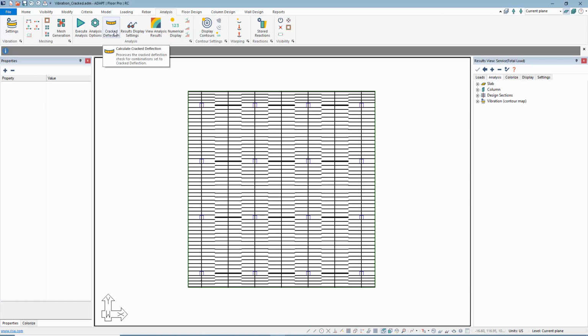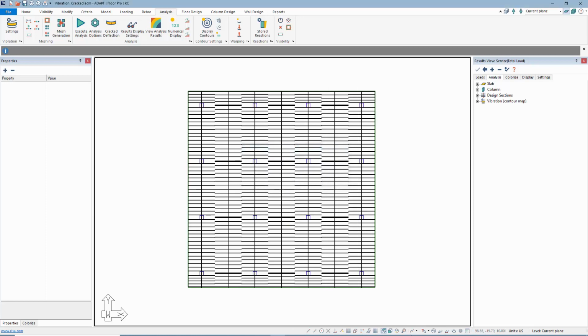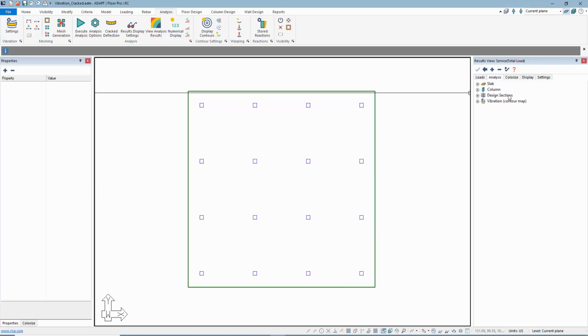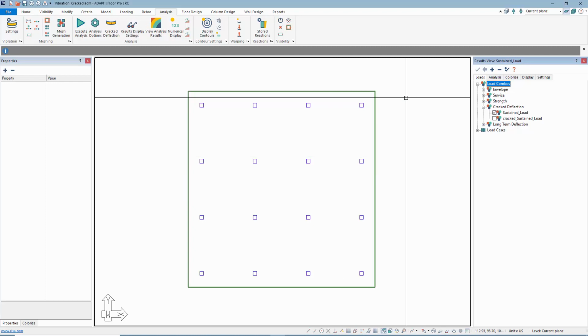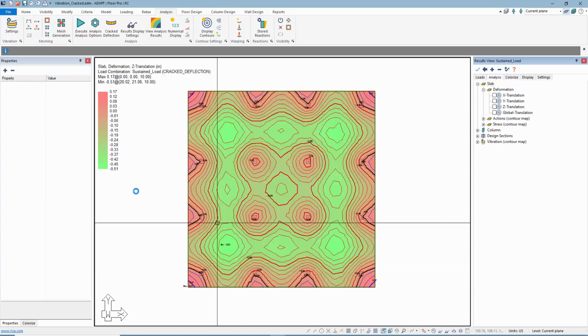I'm going to now run the crack deflection analysis. So we're required to analyze first under uncracked, design the strips to gather our reinforcement, and then run the crack deflection analysis, and that's been done also. So if we go back to the result browser, under the loading menu here under load combos, there's this crack deflection option. So the sustained load using I gross for the deflection of this slab, the deflection you can see max is about 0.51 inches out in these